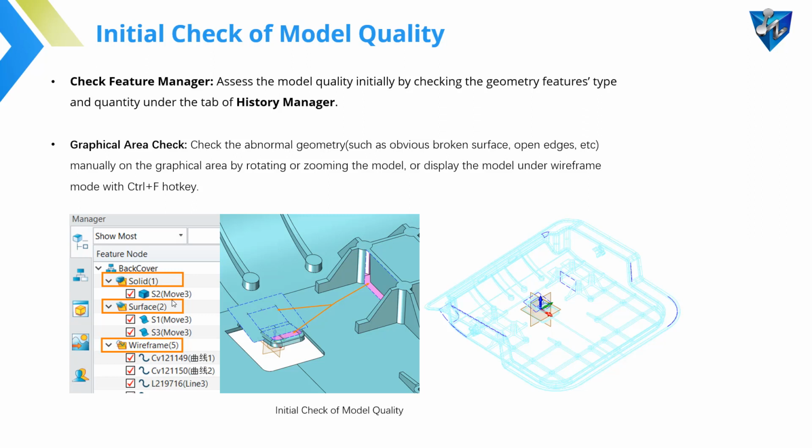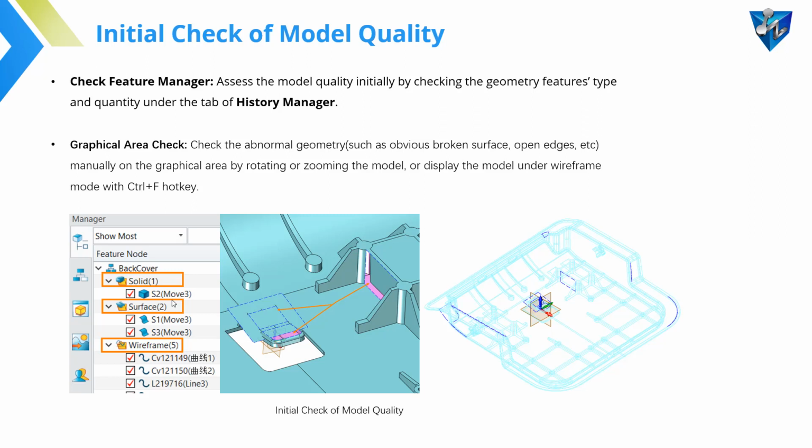The part should only have one solid, but actually it has many faces and lines. At this moment, you should realize that this model may be broken and need to be repaired before proceeding to other